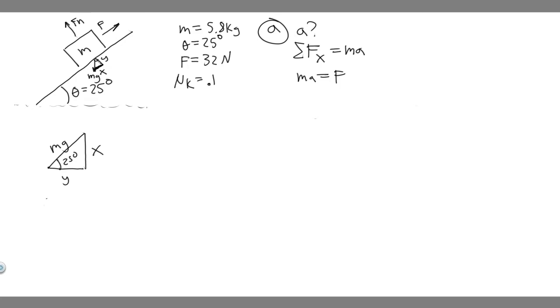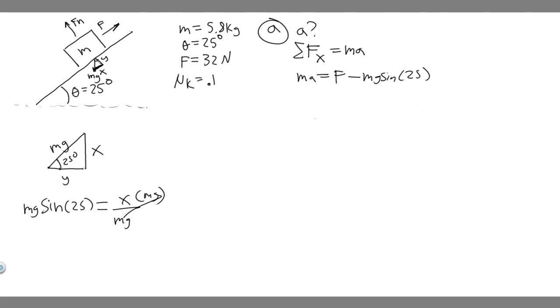The way we do that is we know the sine of an angle, in this case 25, is equal to, so it's SOHCAHTOA, right? The opposite over the hypotenuse. The opposite is x, so it's equal to x over the hypotenuse, which is mg. If we multiply both sides by mg, we get x. And isn't that what we were looking for? We're trying to find the x component of the force of gravity, which is mg times the sine of 25. So we minus, since it's going in the negative direction, mg times the sine of 25,